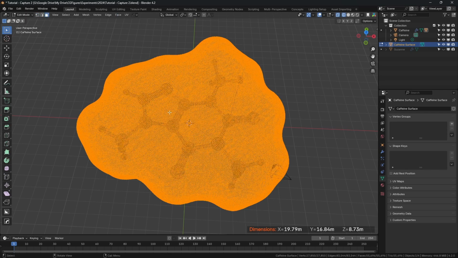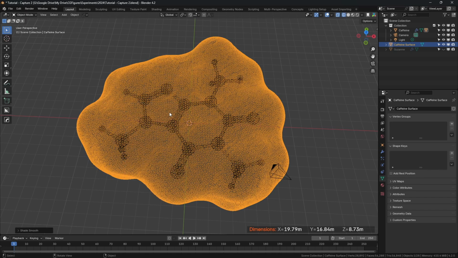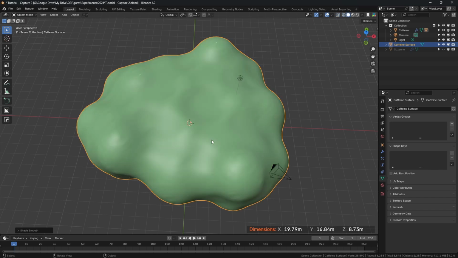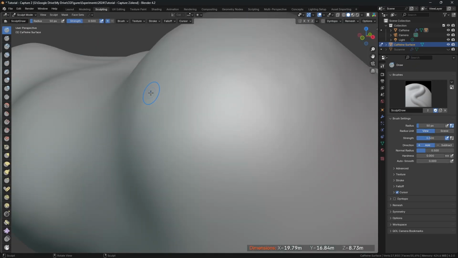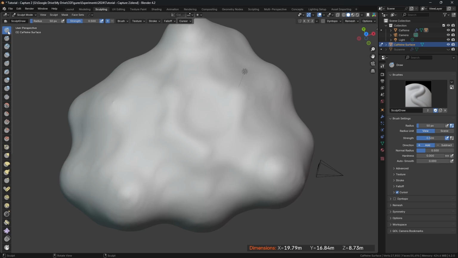From here, we're going to return to object mode, right-click, shade smooth, and then you can see in our solid view, we have a relatively smooth surface already. If you wanted to clean up some of the little bits and high features here, you could either add a subdivision surface, which will add a lot of geometry, or you can smooth in sculpting mode by very simply coming here and then grabbing the smooth brush